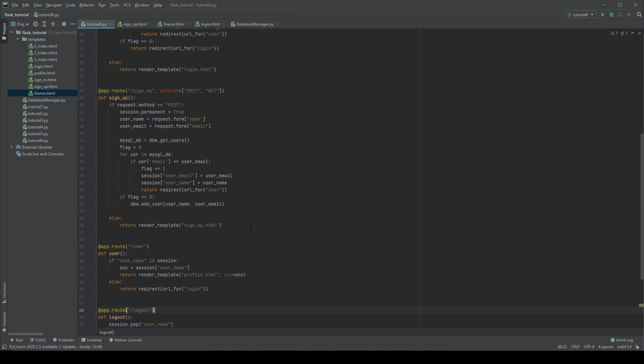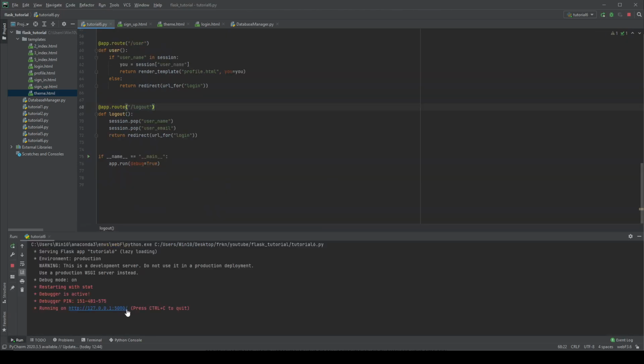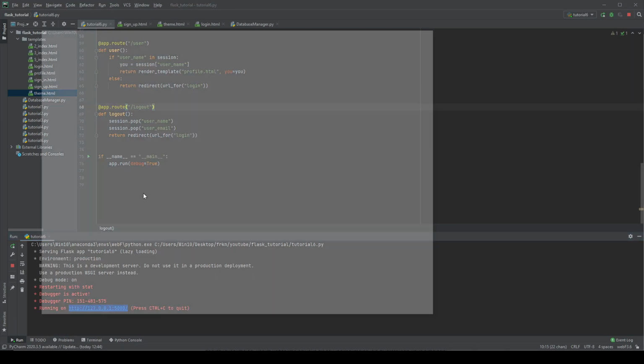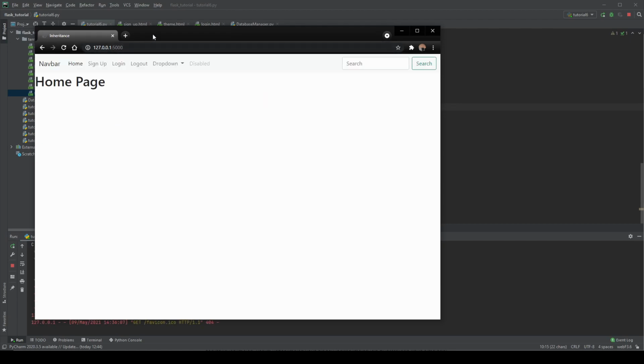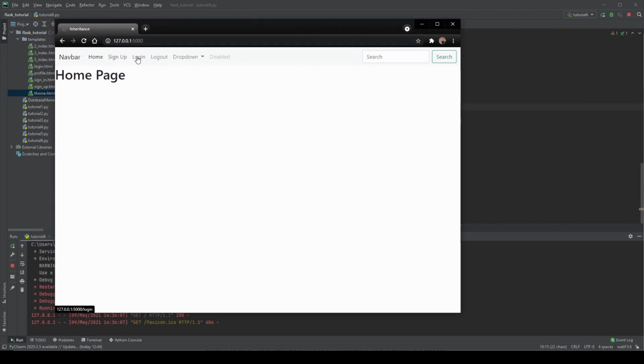Actually it's okay, I guess. So I'm gonna run this, copy it, and go to our home page. I'm gonna go to login, so we are gonna just enter an email here. Let's say coding at mail. Let's say submit. Okay, there's no such an email address in our database, so we are in the login page